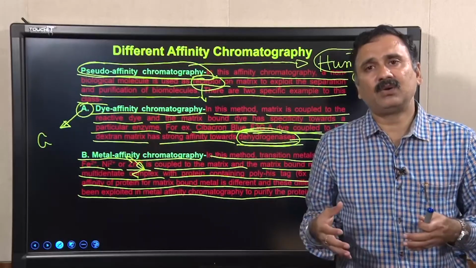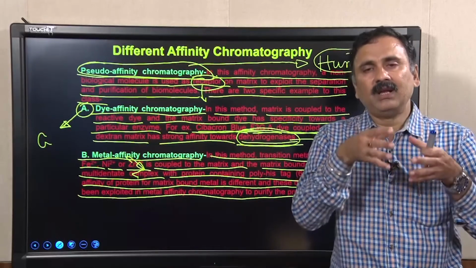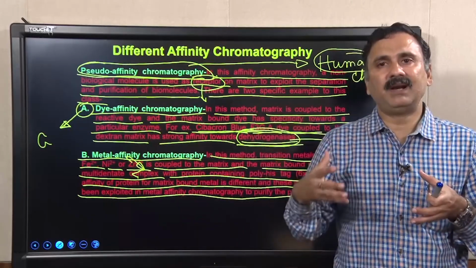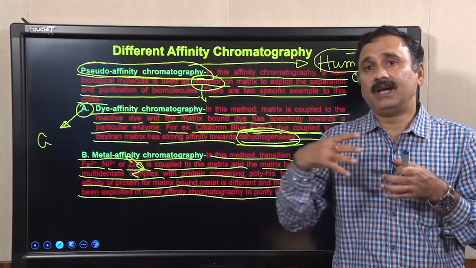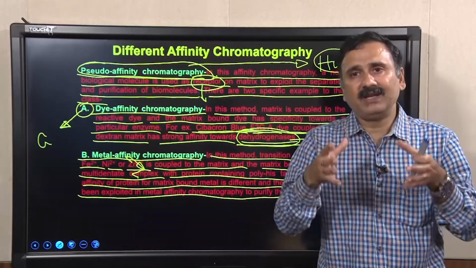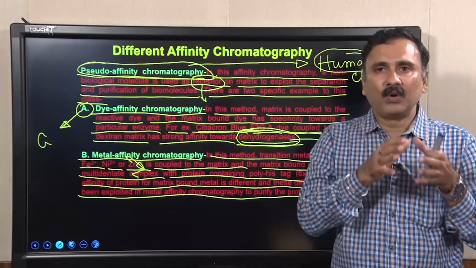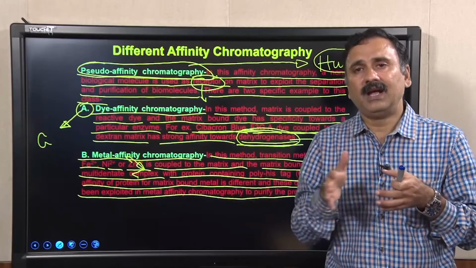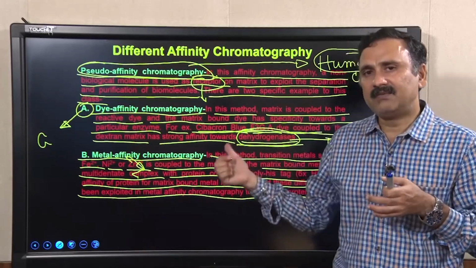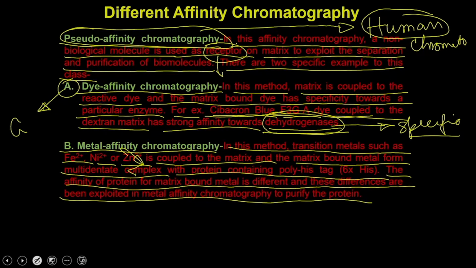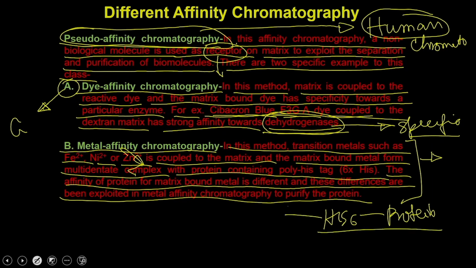So, in metal affinity chromatography, the metal is coupled to the matrix, and when it couples to the matrix, it acquires a very exclusive affinity for a protein which has histidine tags. That is how you can utilize this affinity chromatography: you can put the His tag onto your protein of interest, which means you can produce the protein which has the His tag, and then that is going to bind the beads